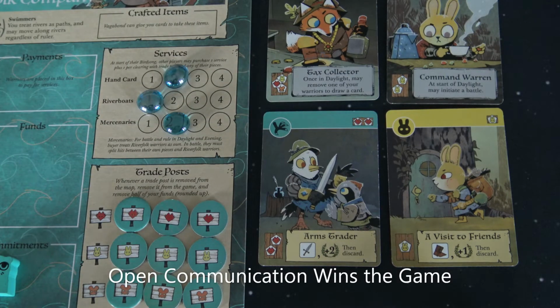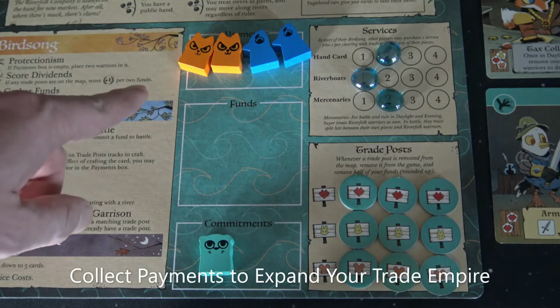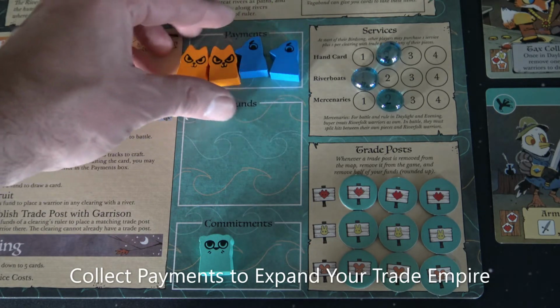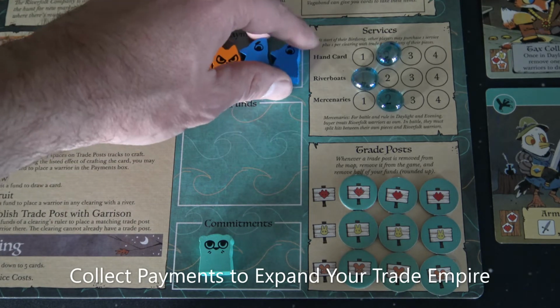So one of the most powerful and potent strategies for the Riverfolk Company: be open and talk to the other players. Once you start selling some of your services, you're going to start building up what's called the payments box. And in this case, you now have 4 additional resources. And next turn, what will happen is